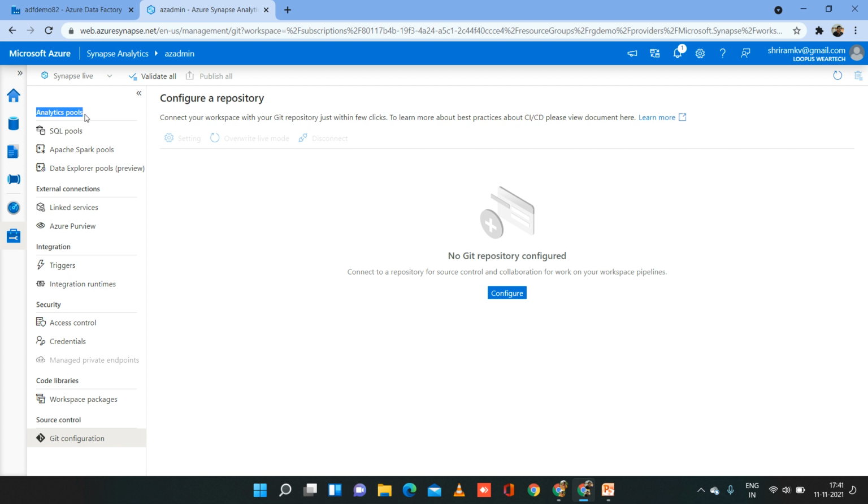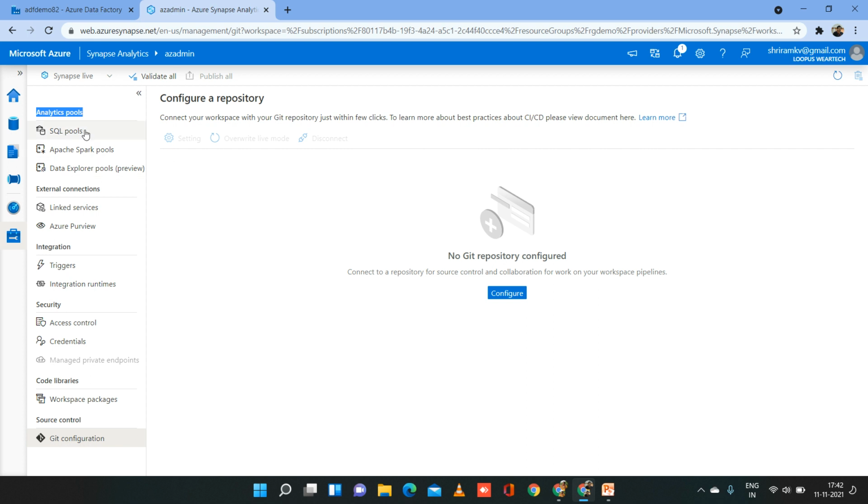the first part of it is analytics pools. In the first session itself I discussed the basic differences between SQL pools, the dedicated SQL pool as well as the serverless SQL pool. Analytic pools are about how you are going to deal with your solution, whether you want to go for SQL based analysis or Spark based analysis. Based on that, we'll either go to SQL pools or Spark based pools.